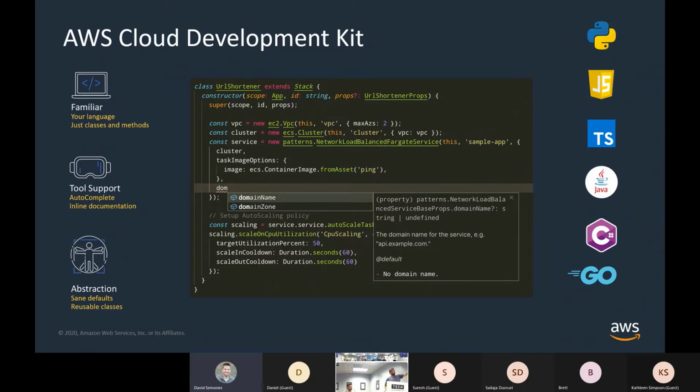Again, it supports abstractions and tool support. If you're writing your infrastructure in something like Java, you can use JUnit to test it. If you're writing in Python, you can use PyTest. If you're writing it in CloudFormation, which is YAML, or in HCL, you have to either write your own YAML schema parser or use an existing off-the-shelf one, and it loses a lot of context about what it's trying to do. You end up having to build a lot of very low-level tools to make sure that your template is configured appropriately.